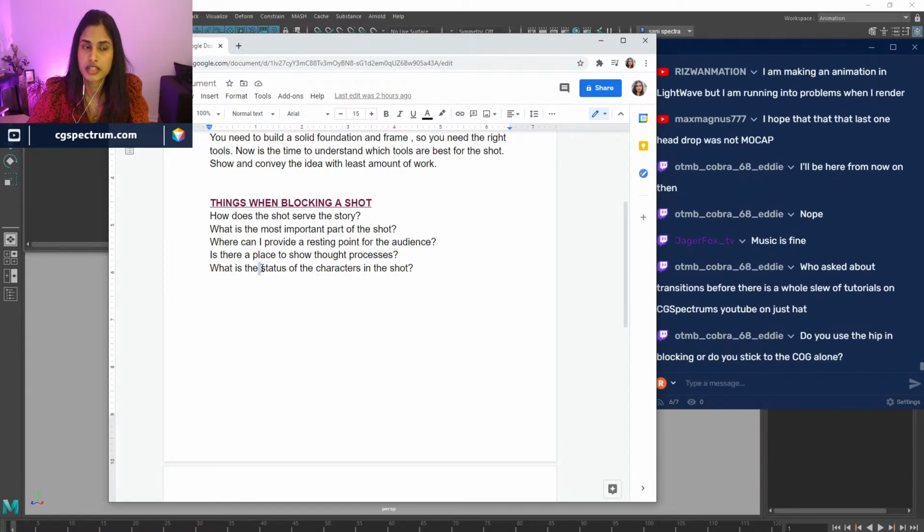So you need to compare them. Is one character having a high status or a low status, or what is it? Because that status motivates what kind of personality you can give this character. Can I make him project more forward? Everything goes into your head, like how can I animate this character in a way that I'm conveying my idea straight?